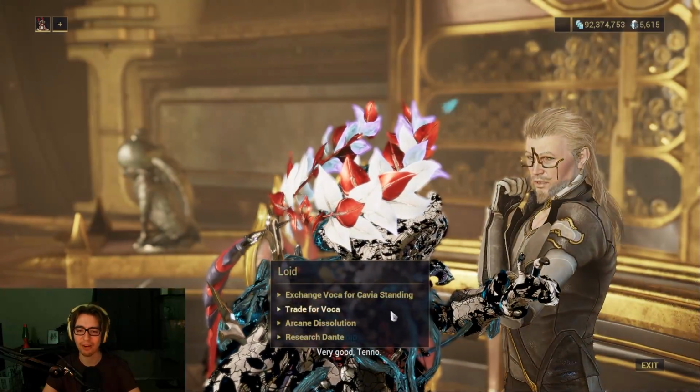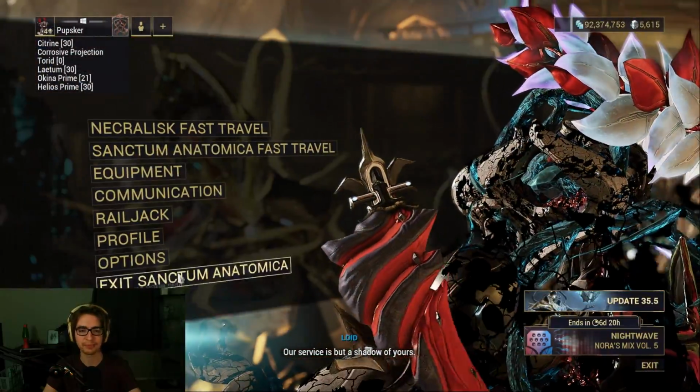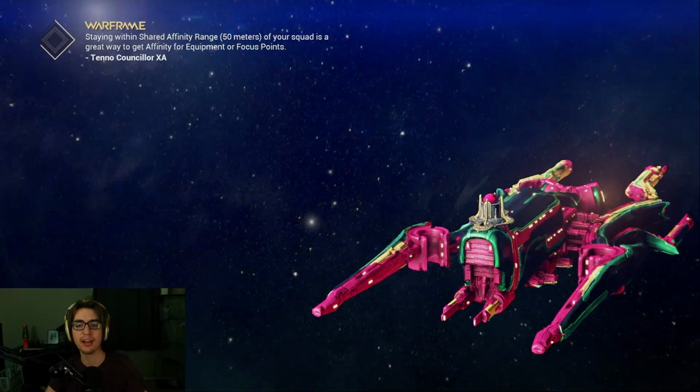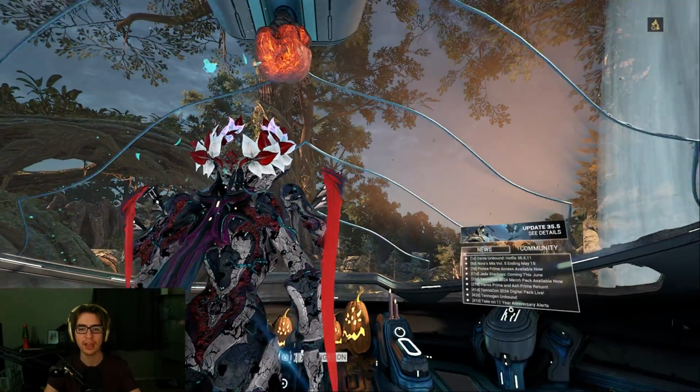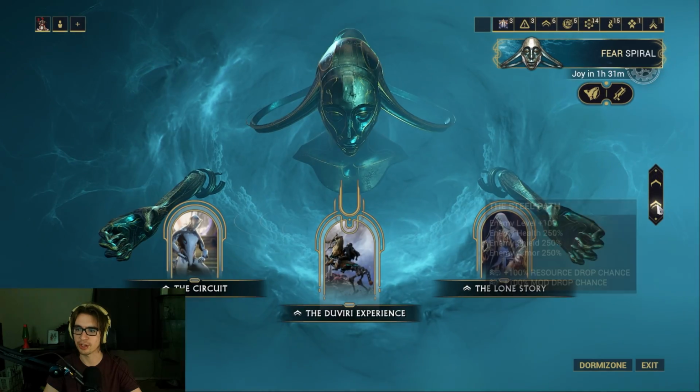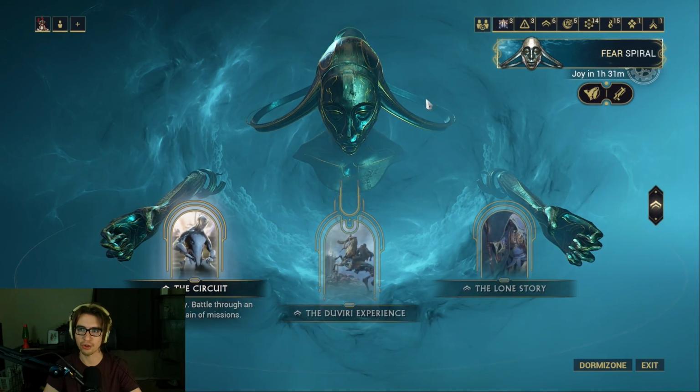They're okay. A lot of people don't really care about them, and that just kind of is what it is, but that is where you get the second set of base Incarnon weapons. And then last but not least, you have the Incarnon Adapters, which I said is on Steel Path, the Circuit,